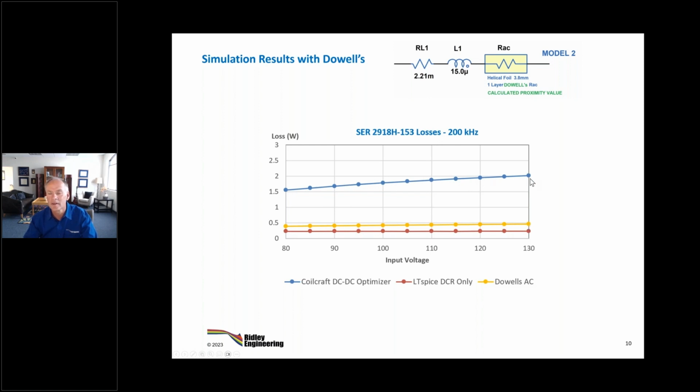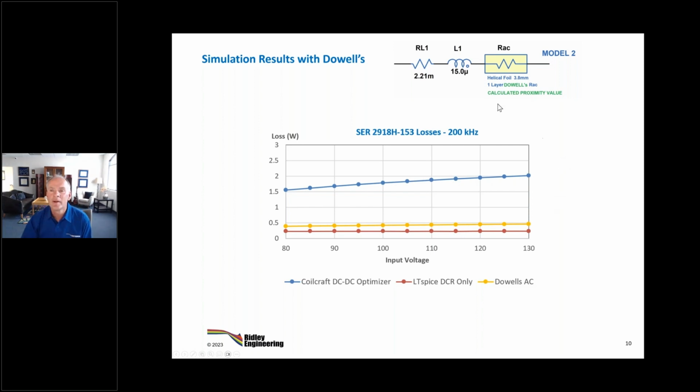This is reality. It's like, oops, well, maybe we doubled the dissipation out here, but we're still a long, long way away from matching the real losses. So I talk to magnetics companies quite a bit about Dowell's equations and losses, and most of them tell me that, no, we don't do that. And maybe this is why, because it misses so badly. It's like, well, what's the point doing all that difficult analysis if in the real part you're going to miss by this much anyway?